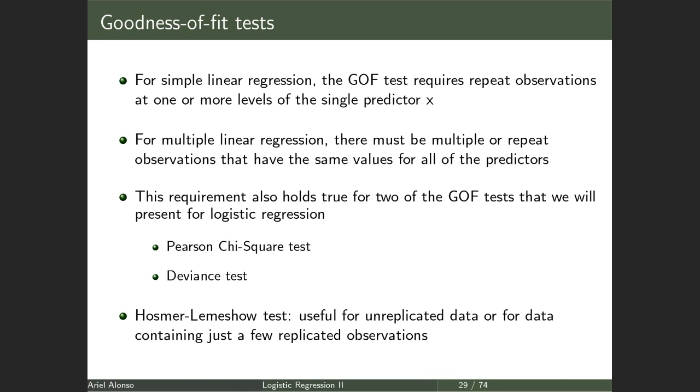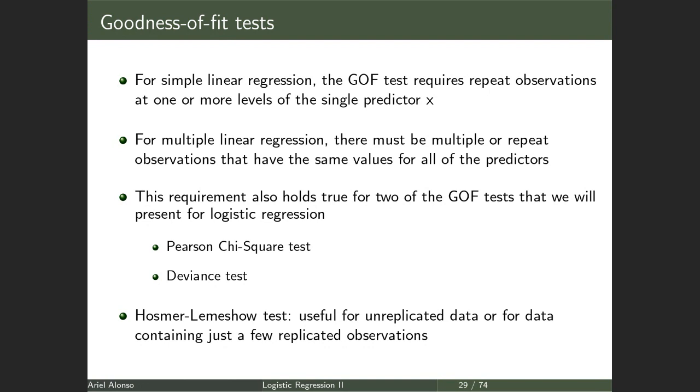Now, how we did it in linear regression. You remember simple linear regression. You have your response and you have one univariate predictor. In this case, when you wanted to do a GOF test, you needed a requirement. You needed to have repeated observations at one or more levels of your single predictor X. You needed to have for every value of X several Y's. That was a requirement we had to impose when we wanted to develop a GOF test, a goodness of fit